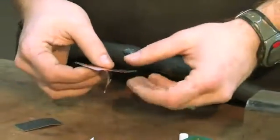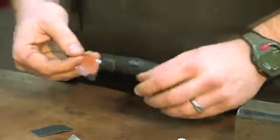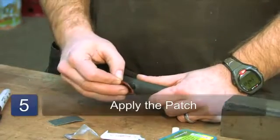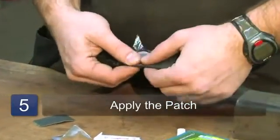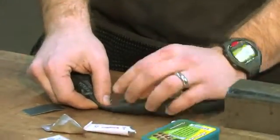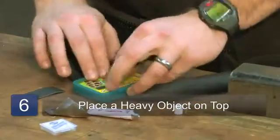These are just a standard kind of stick-on, but they're meant to be used with the glue. So you can see how my glue's started to dry. And now I'm just going to apply the patch. This little plastic backing will go on with it. And now what I want to do is just grab something heavy and push on it and just leave some